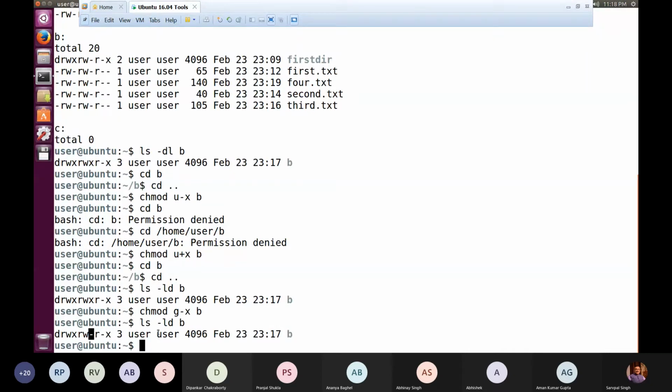That implies that if any user changes his home directory and comes to my directory, he will not be in a position to move into B, because these 3 rights, rwx, are applicable to group members. So those who belong to the same group to which I belong do not have X permission. Because of that only, they are not able to use B in the path.